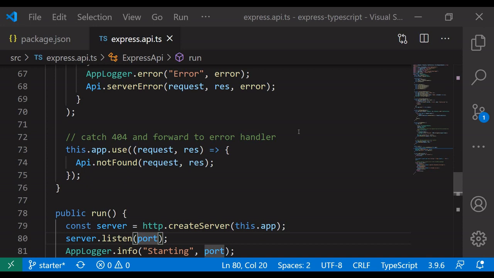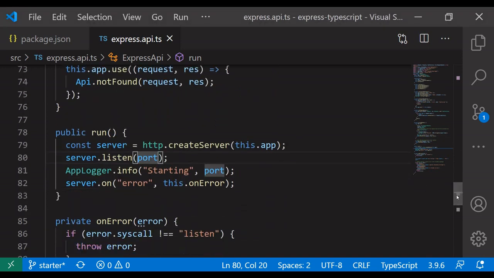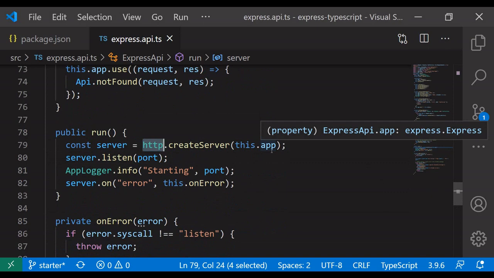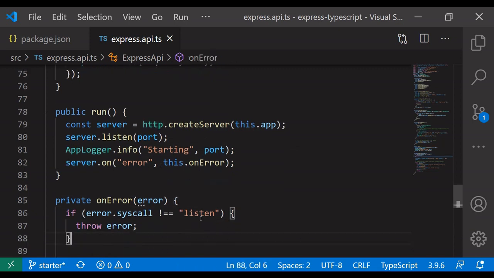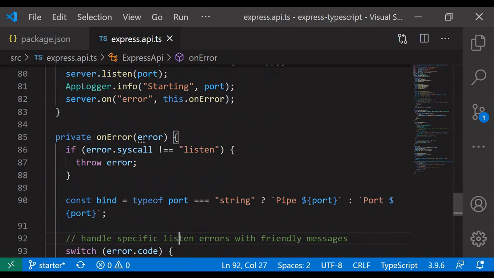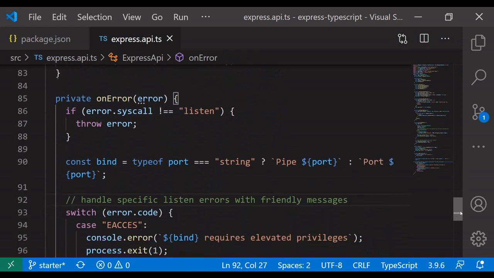The next is the important point. We are creating our express server. Constant server is equal to http.createServer, using this express with all the middleware's information, we have to create an HTTP server. Server.listen of port, and I am giving the information server started. Server.on, if it is an error, then show this message. Error is equal to listen, throw error, or else